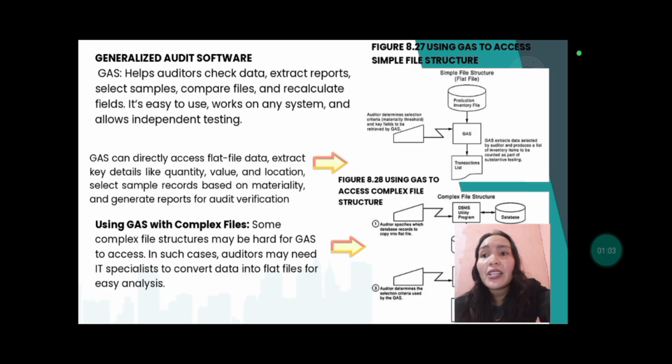The generalized audit software is popular because it is easy to use even without extensive computer knowledge, works on both mainframes and PCs, allows auditors to perform tests independently of client IT staff, and can handle most types of data files and formats. So this is the simplified